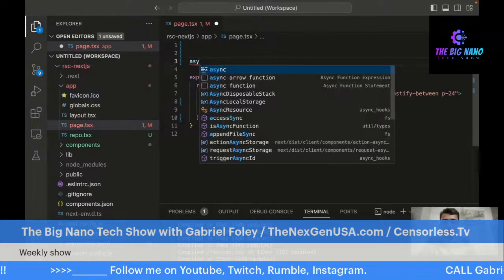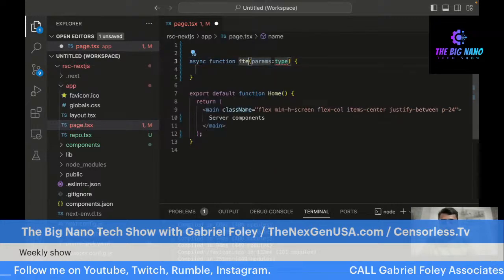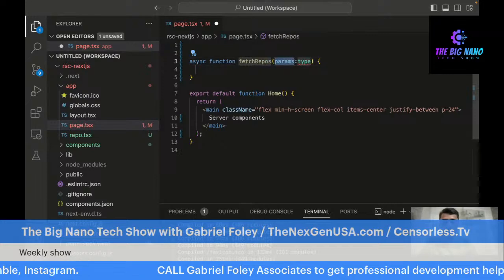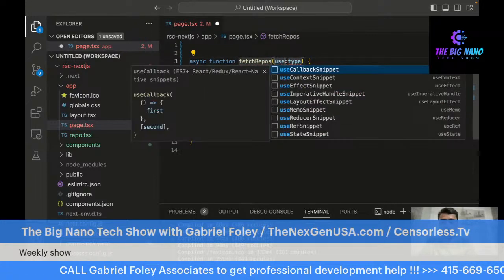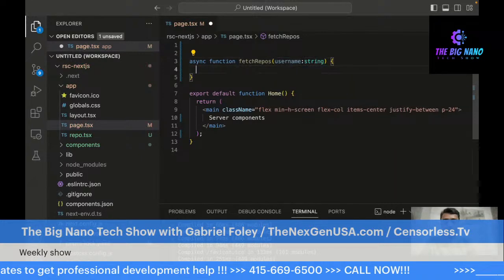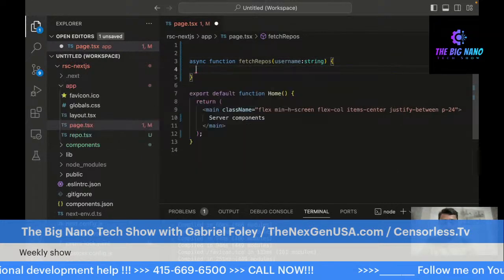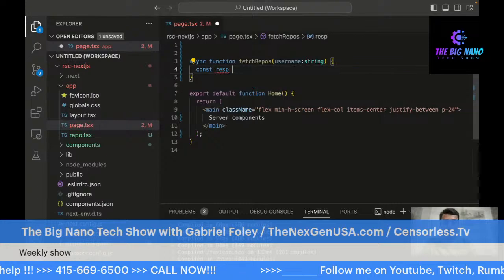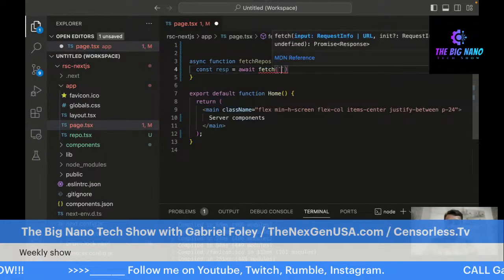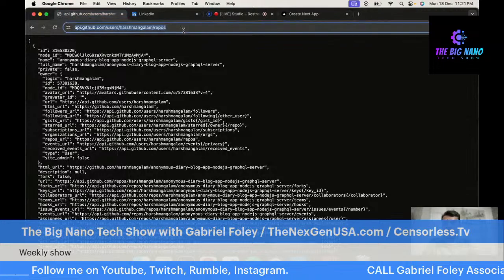Okay, async function. Let's say fetchRepos, and it will accept, let's say, the username, which will be of type string. And from here, I will make an API call using the fetch API. Okay, I require the URL, so